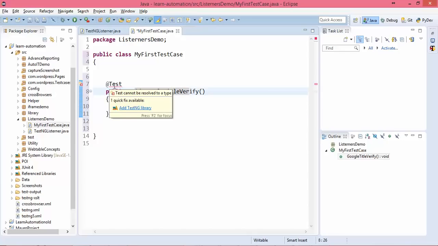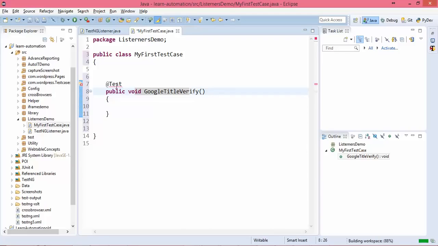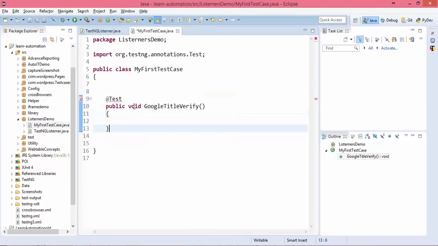If I simply say test, I need to add the TestNG library and the TestNG package as well. Yeah, my system is slow today. So if you put the mouse over it, import test.